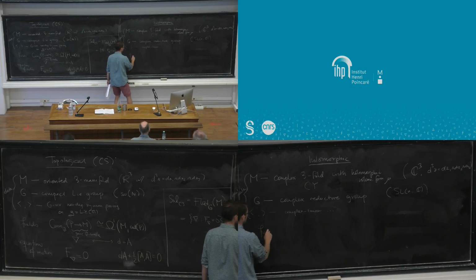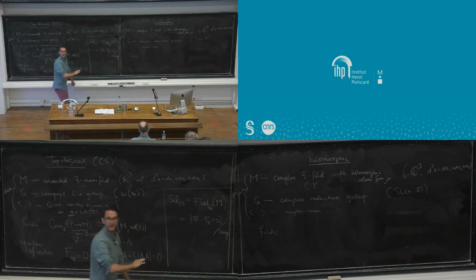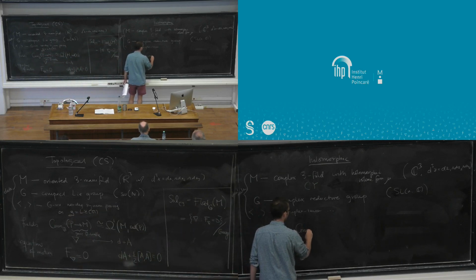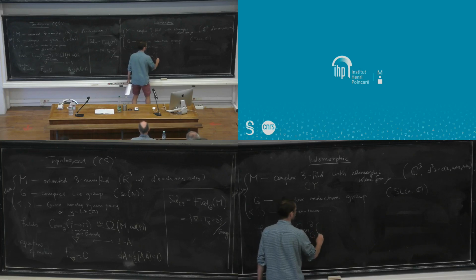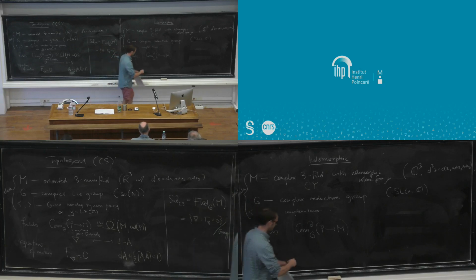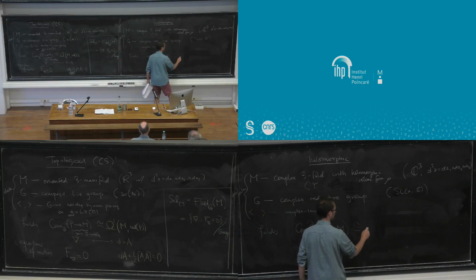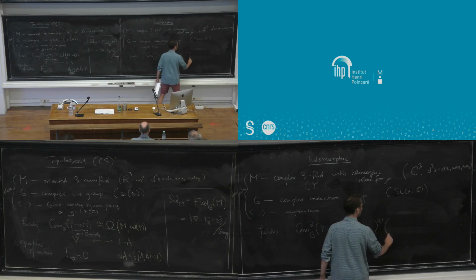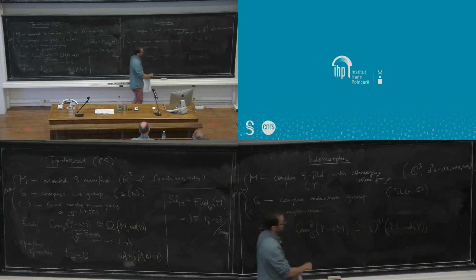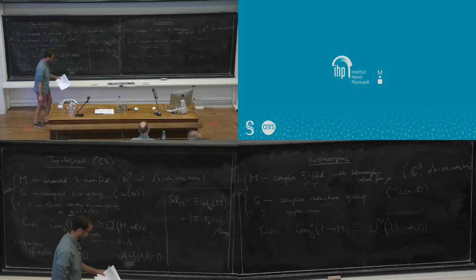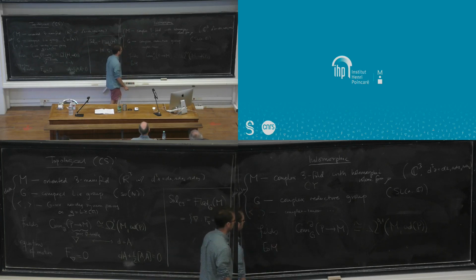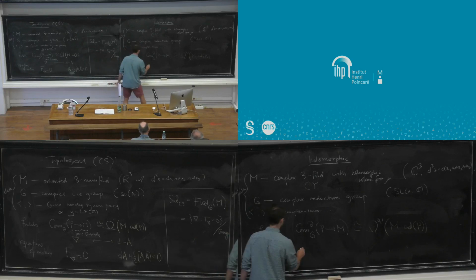Now the fields, I'm not going to take all connections. I'm going to take the del bar connections because I'm doing complex geometry. So I'll write this, to remind you of that. And this is isomorphic once you pick a point to omega 0,1 of M with values in this complex vector bundle, the adjoint bundle. And the equation of motion is the del bar version